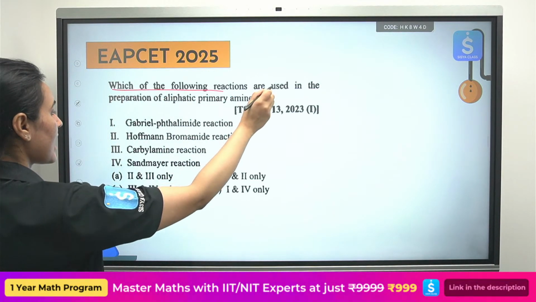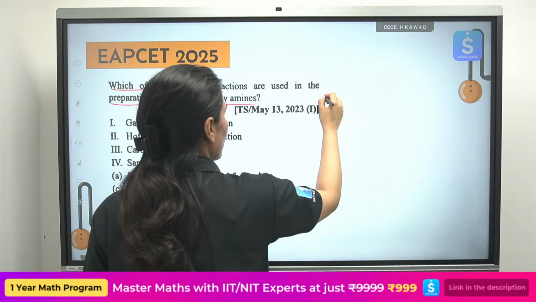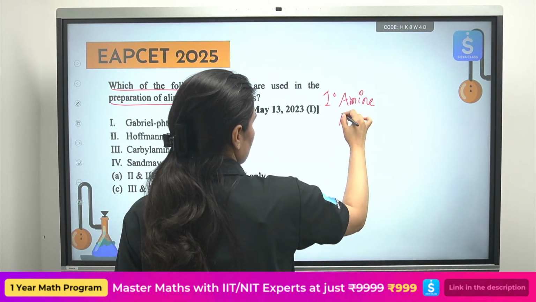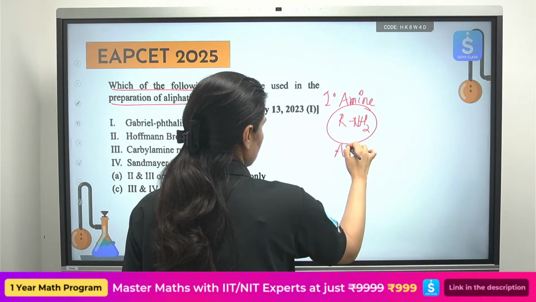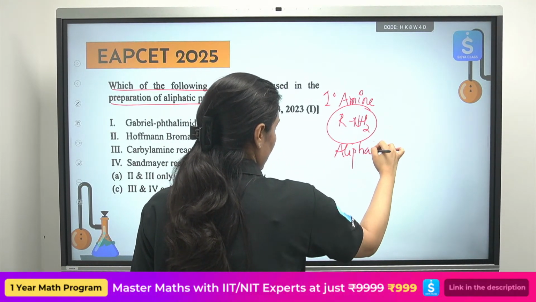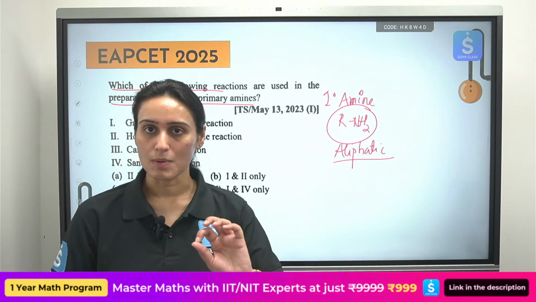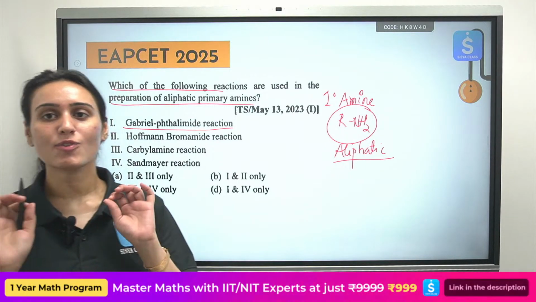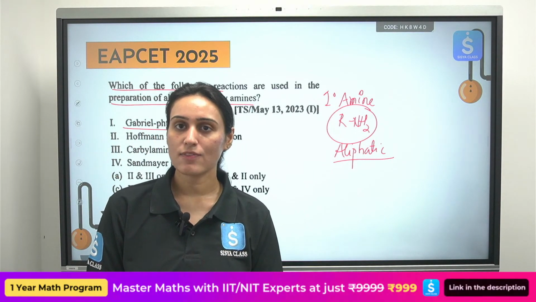Which of the following reactions are used in the preparation of aliphatic primary amines, 1 degree amines? Not aromatic, aliphatic. And we have learned about this reaction in the beginning itself. I hope you remember them. Gabriel phthalimide reaction, I told you specifically, is used for the preparation of 1 degree aliphatic amine,